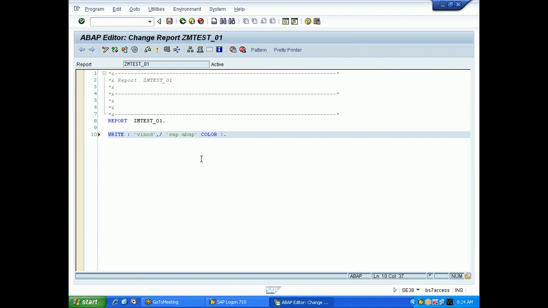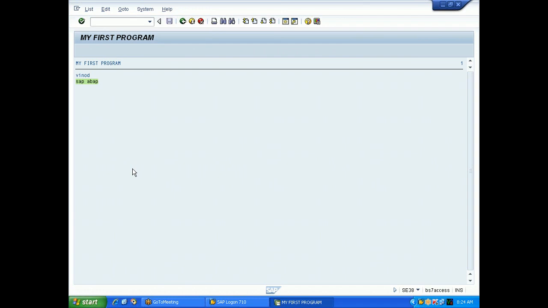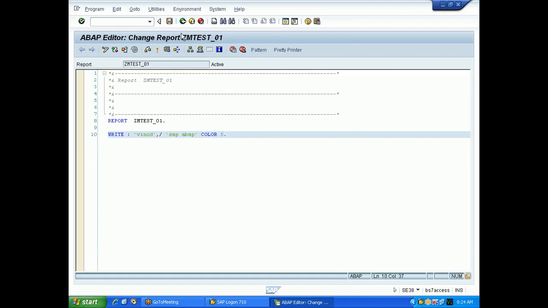You can use either 1 or 2 or 3 or 4, 5, 6, 7. So there are 7 colors, any color you can use. Say for example, I'll say color 5. The number you give should be between 1 and 7. I'll execute. If you observe, a green background color is there for SAP ABAP. So this is how you can put a color to a literal.